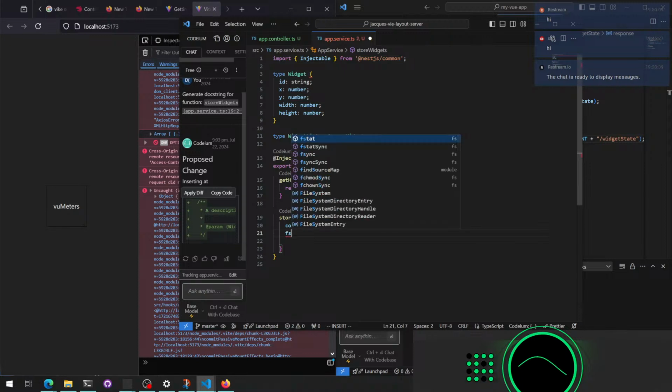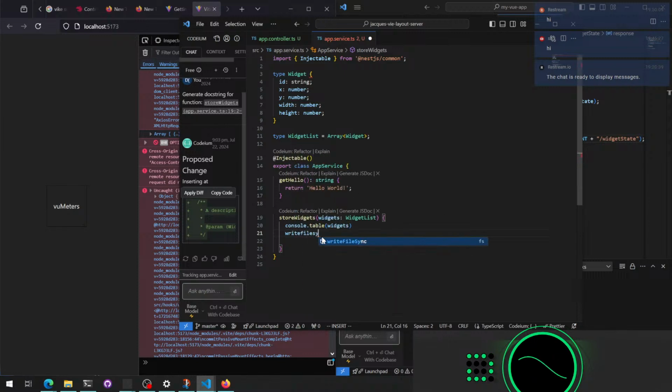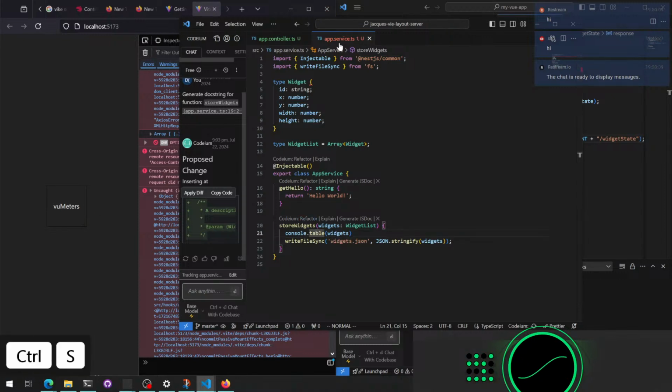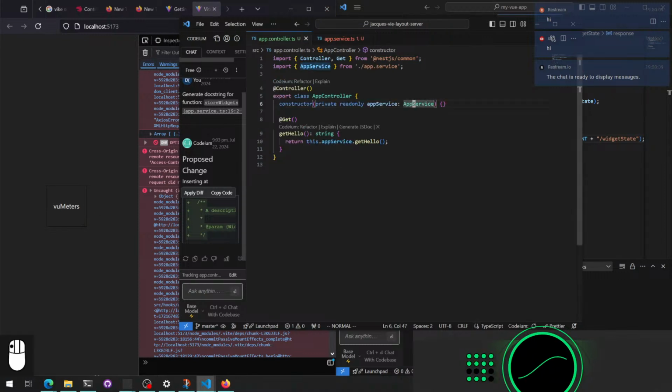So we want the fs write file sync. Can I do that from the fs? Thank you. Widgets JSON stringified. It's going to end up somewhere. May want to have an absolute path here, but it's a start. And then basically every time we change this, it should run this,